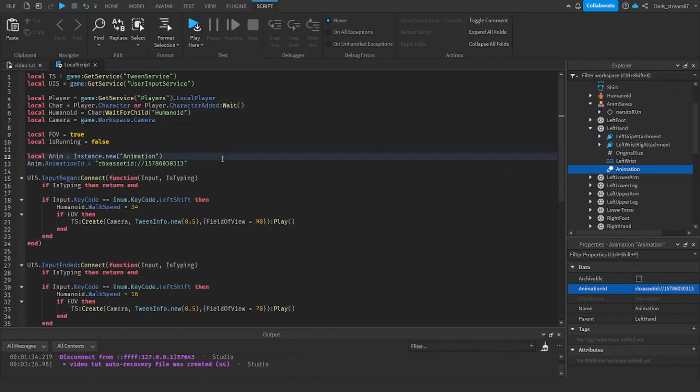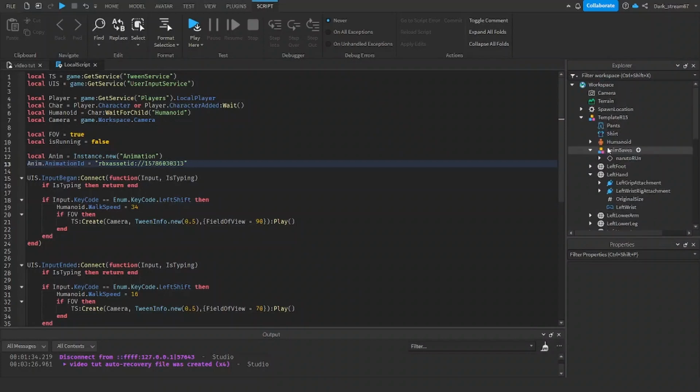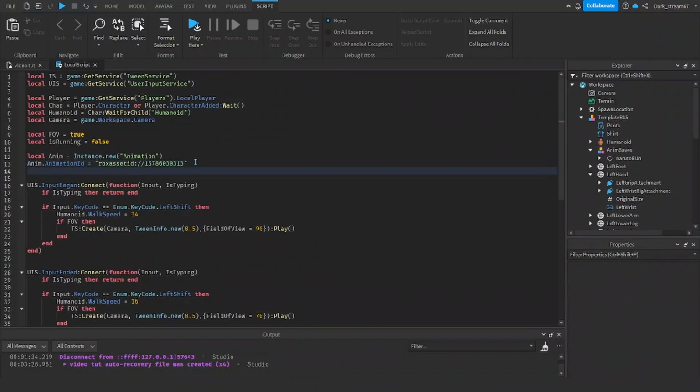So as I said, go into anything, and then insert an animation object, and then paste your ID here. Then after pressing enter, you will get this thing like this, and then copy this one. Okay, and now let's delete this one, we don't need that. Okay, so now after you're done pasting your ID, now